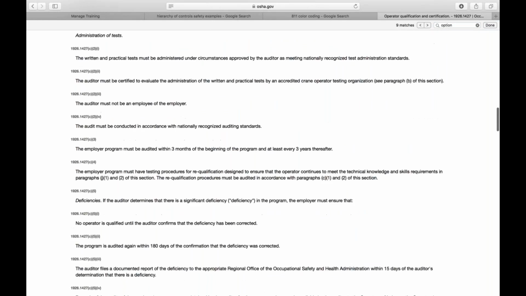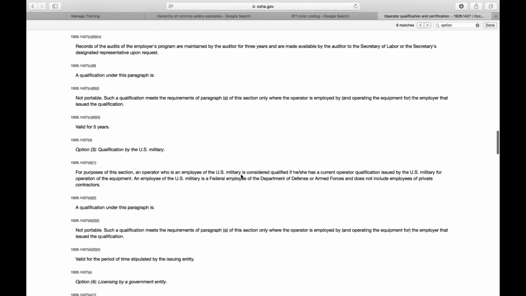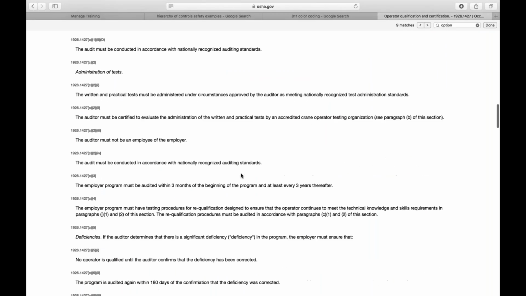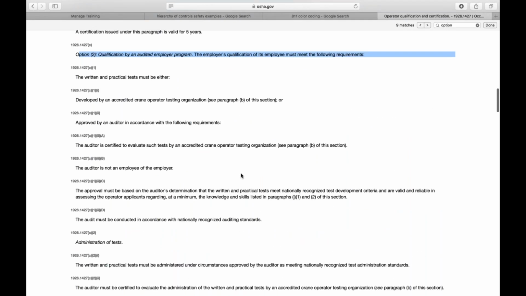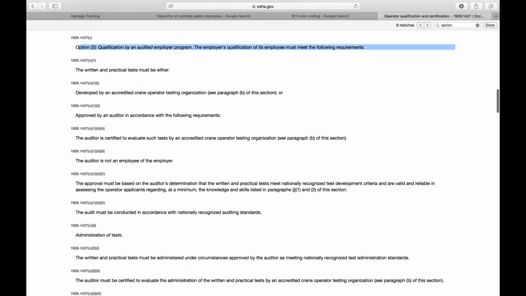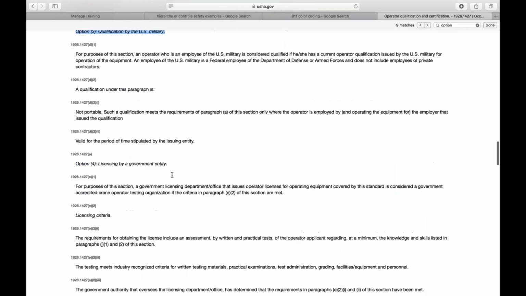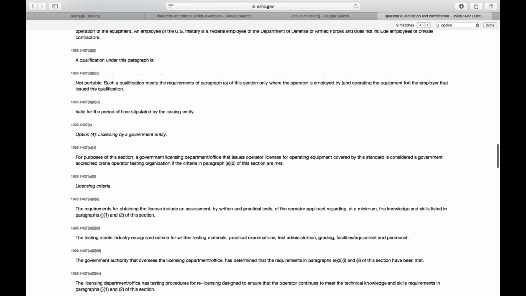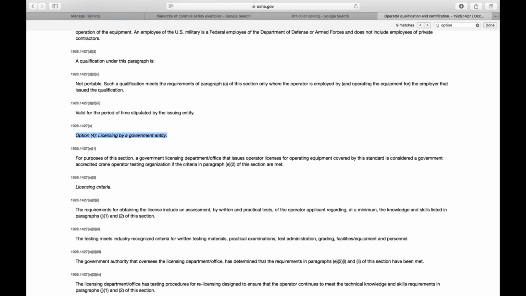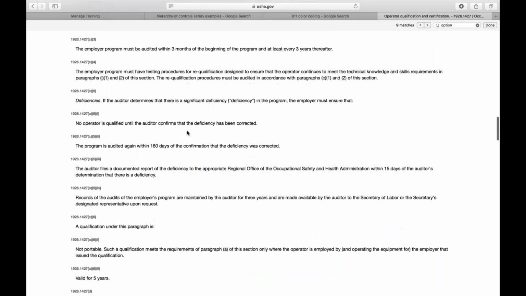Option 3 is going to be the military. Let's see, option 2, go to D. Here you go. Sorry, folks, I missed it. Option 3 is by the U.S. military, and then option 4 is going to be by any other government entity, state, local, or municipal. Okay, those are the 4 ways to be a certified crane operator come November 10th of this